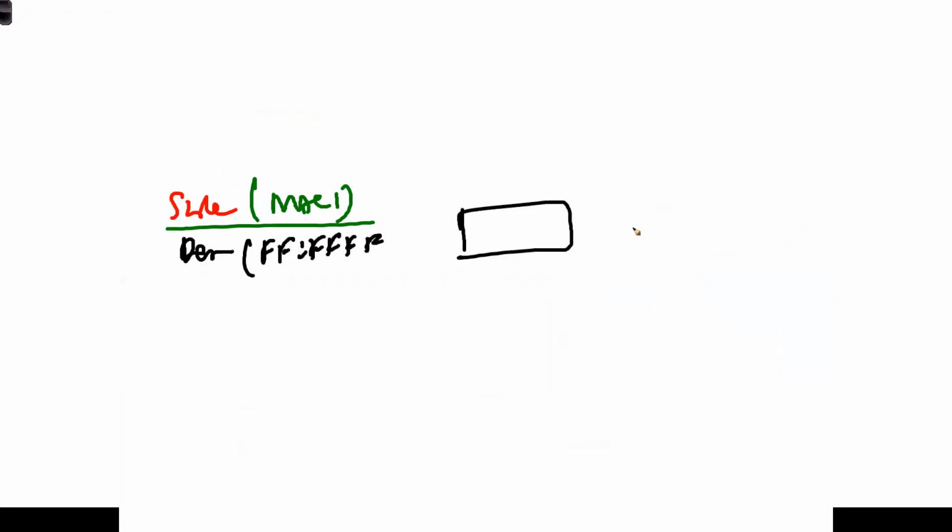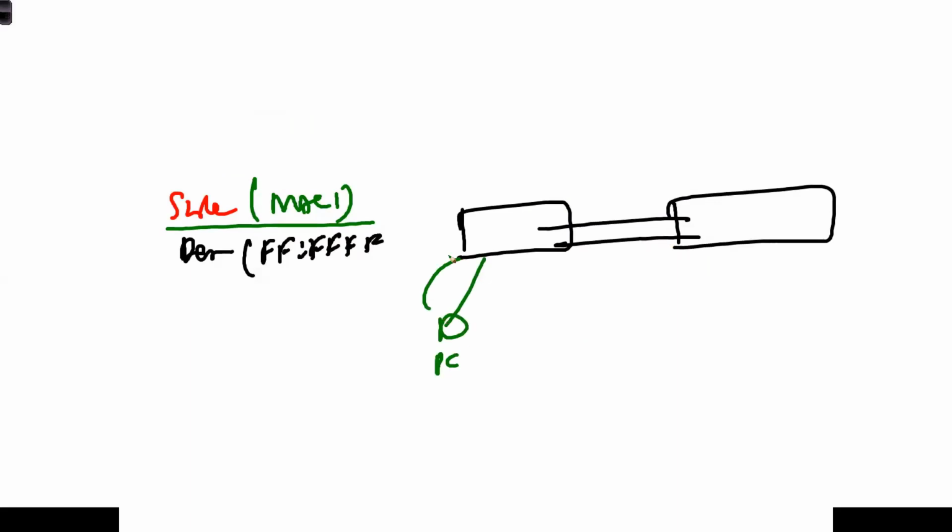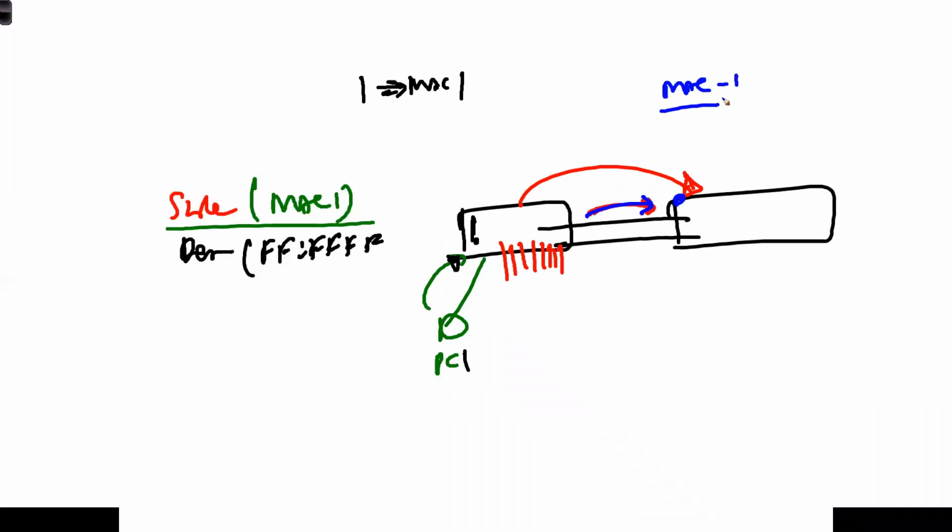Let's take an example: I have two switches here with redundant links, and PC1 sends a broadcast request to the switch. Let's say it receives on port number 1, and on port number 1 it will write down the MAC address, let's say MAC1 of PC1. Now this will be broadcasted out of all the interfaces, and from there it will be broadcasted out of this interface also. Of course it will also do so on this interface, but I'm not using that interface right now. It will go on this interface also. Now this switch receives the same MAC1, and it will write it down on this port number, let's say port number 23.